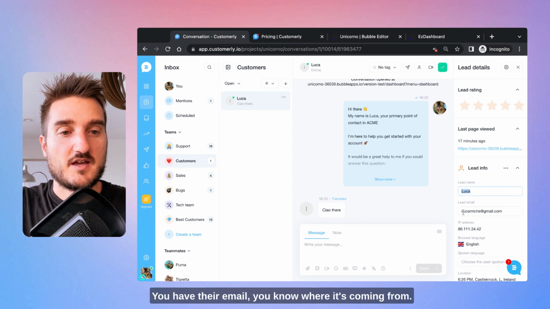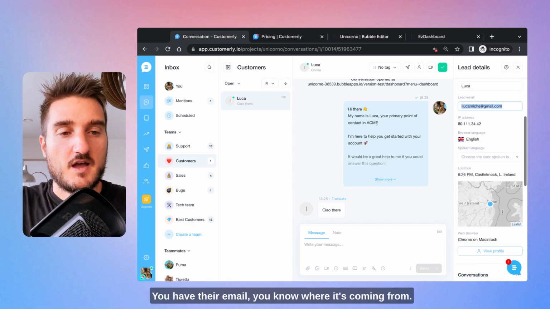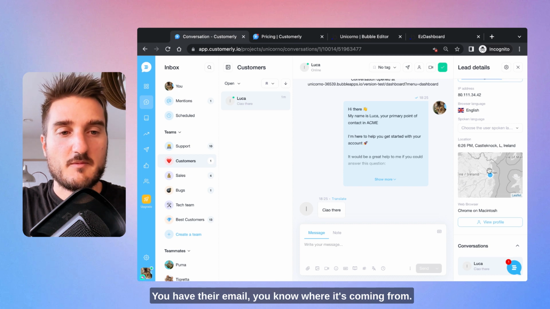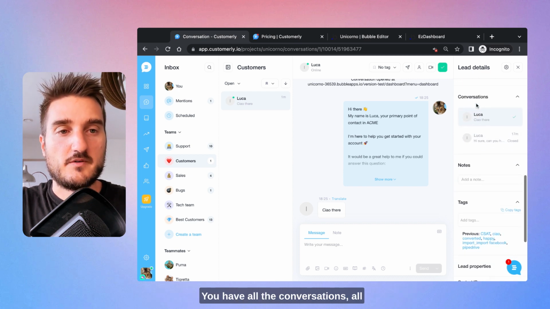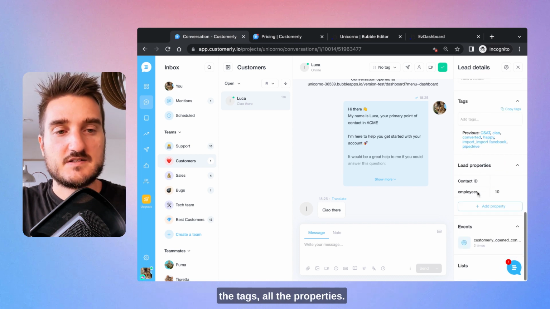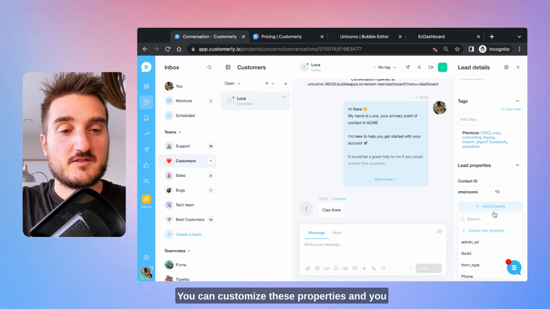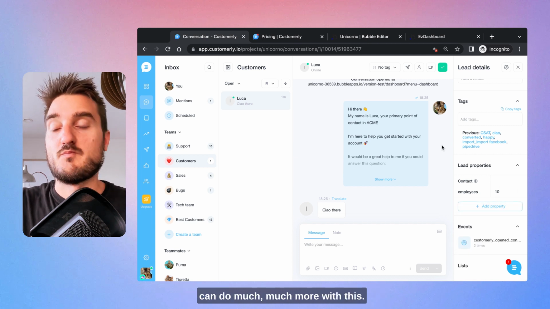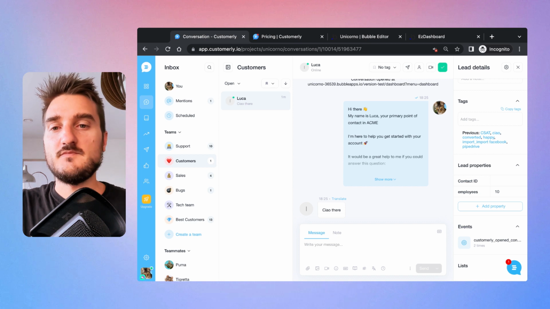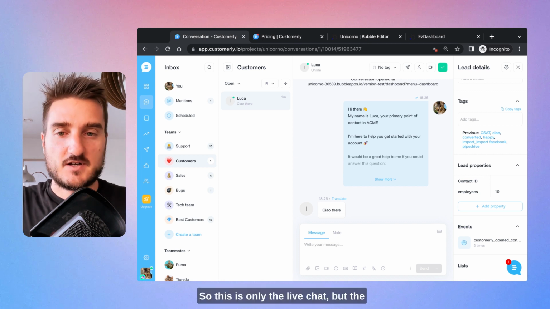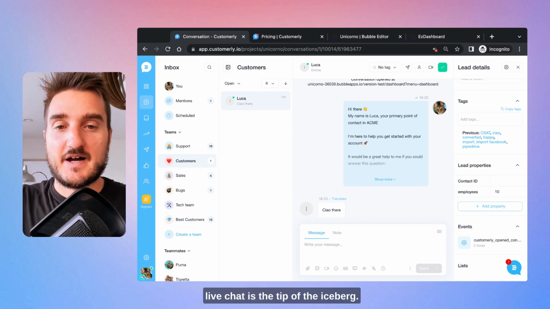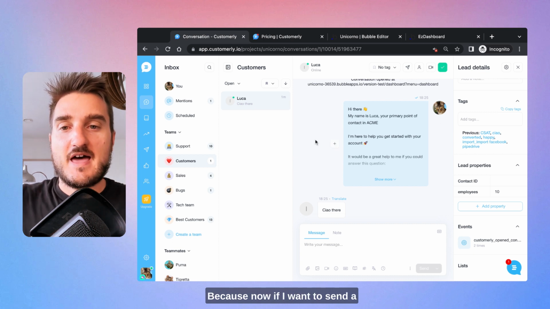It's a lead. You have their email. You know where it's coming from. You have all the conversations, all the tags, all the properties. You can customize these properties and you can do much, much more with this. So this is only the live chat, but the live chat is the tip of the iceberg, because now if